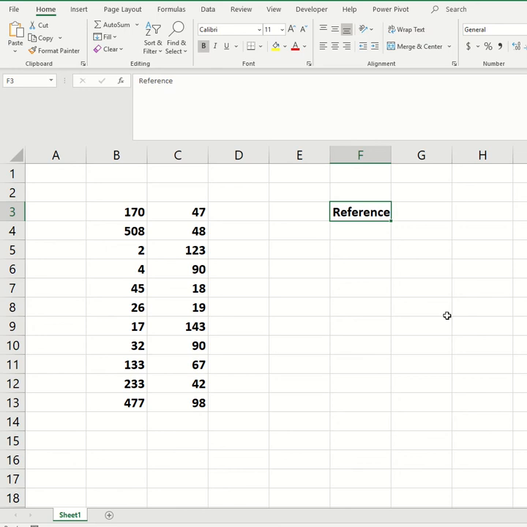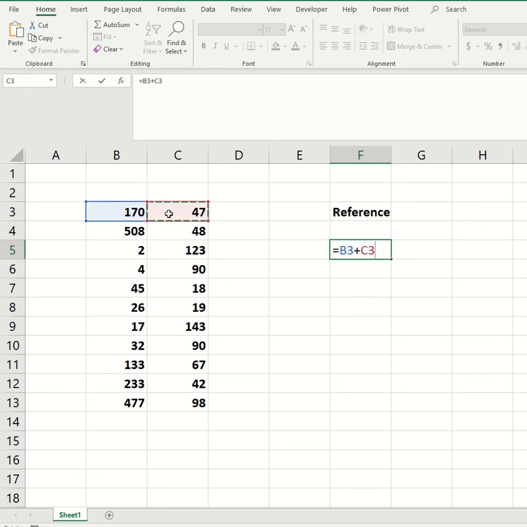In this video we are going to learn about the sum formula or sum function, like how can you sum up the numbers. If you remember, to add two numbers we use this formula: equals to, and first we select the source cell 1 and then we put the plus addition, and then we select the source cell 2. Once you enter, we will be getting the result, but that is only for these two.